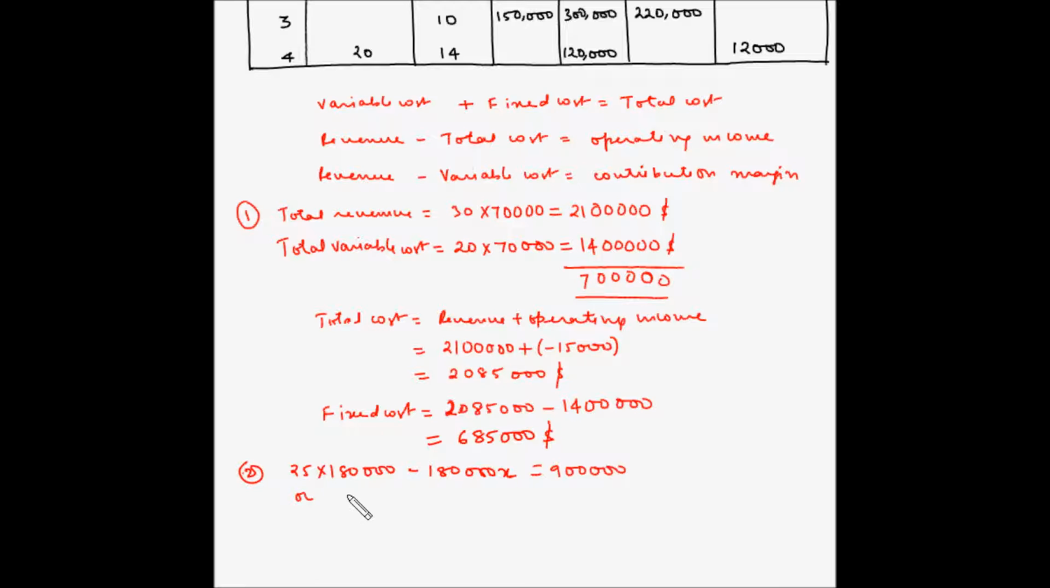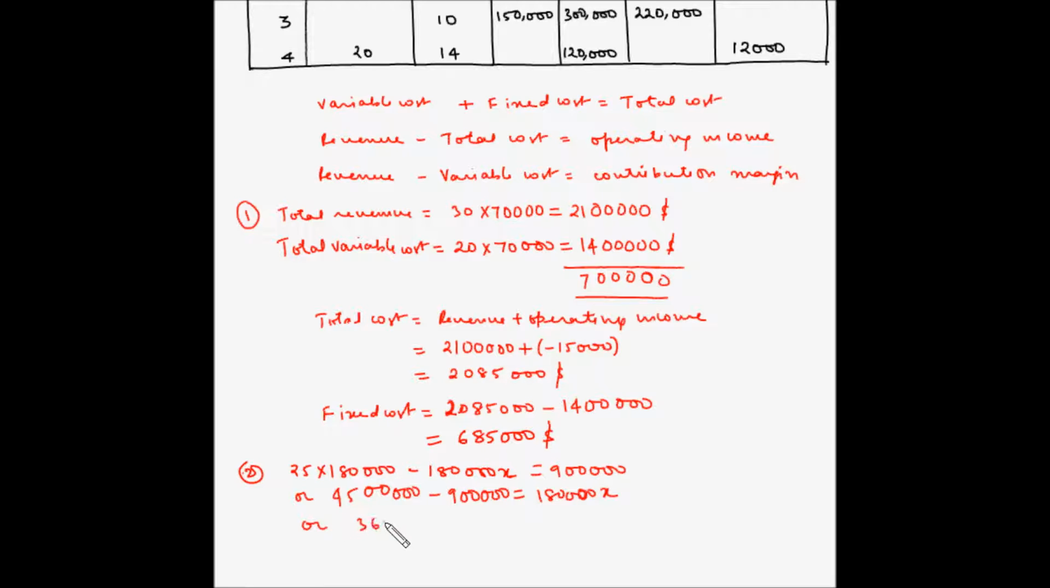So, or let's take 180,000 X on the other side. So 25 multiplied by 180,000. So 4,500,000 minus 900,000 is equal to 180,000 X,